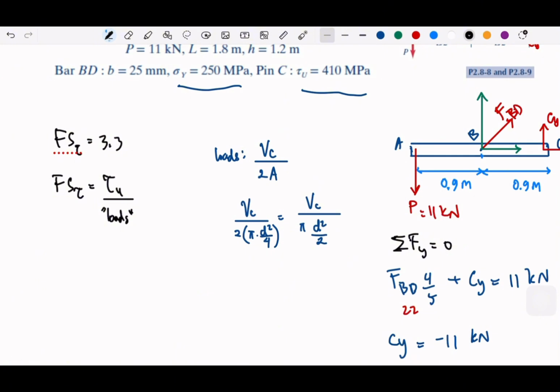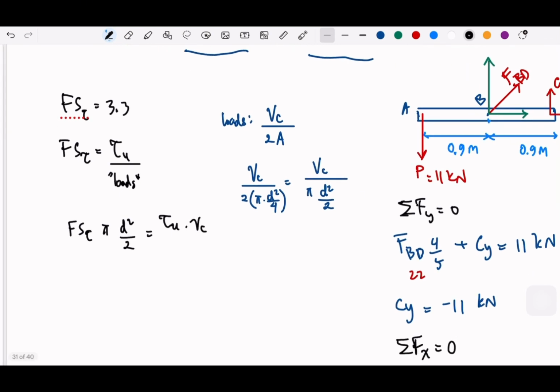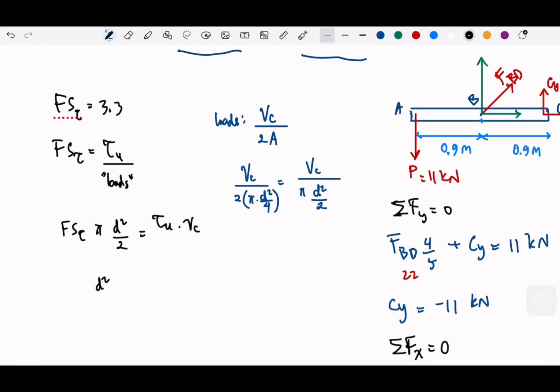And then we can multiply, this is F as tau pi d squared over 2 equal to Vc, tau and Vc, right? And then d squared will be